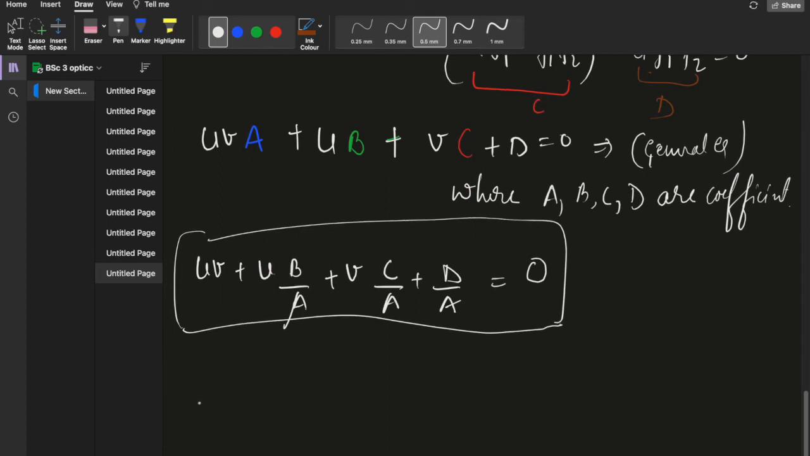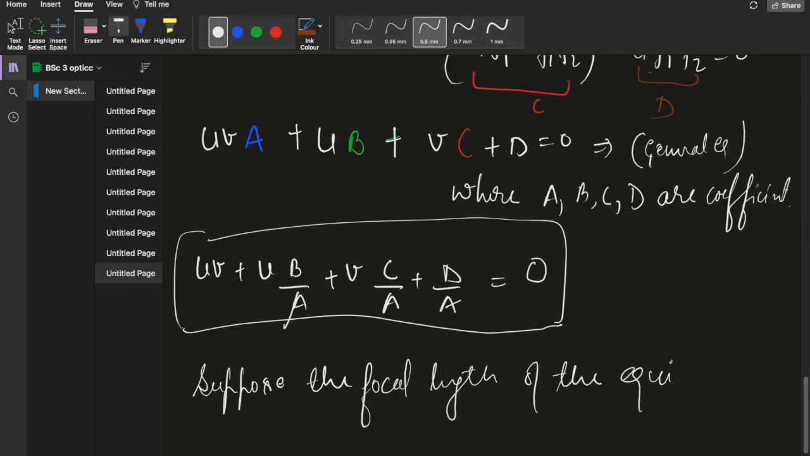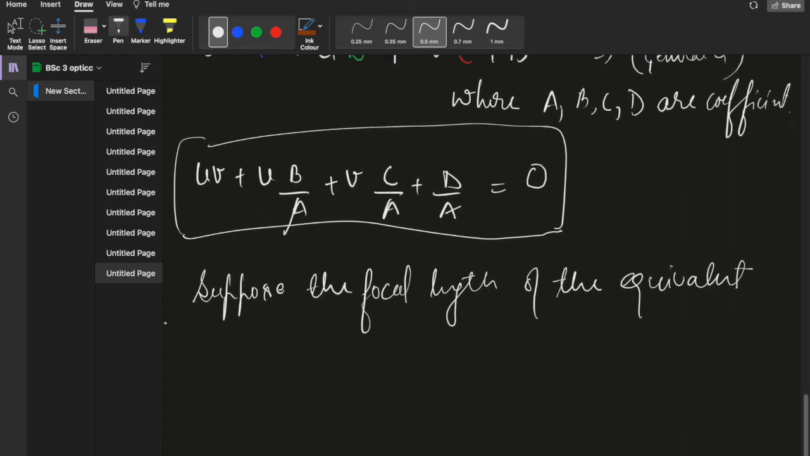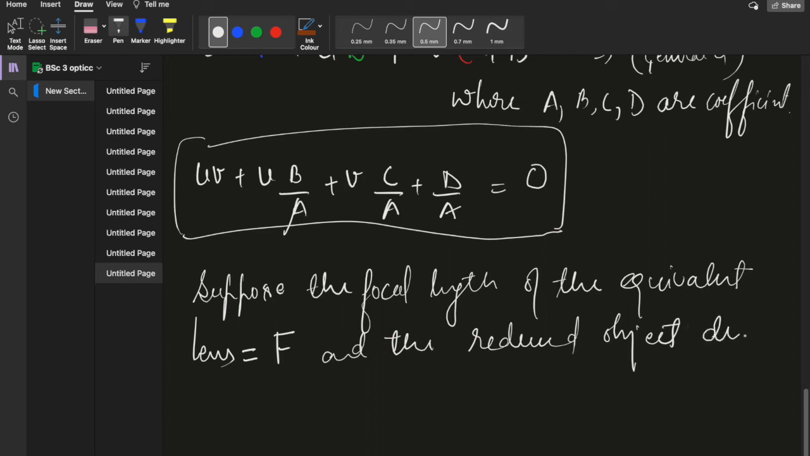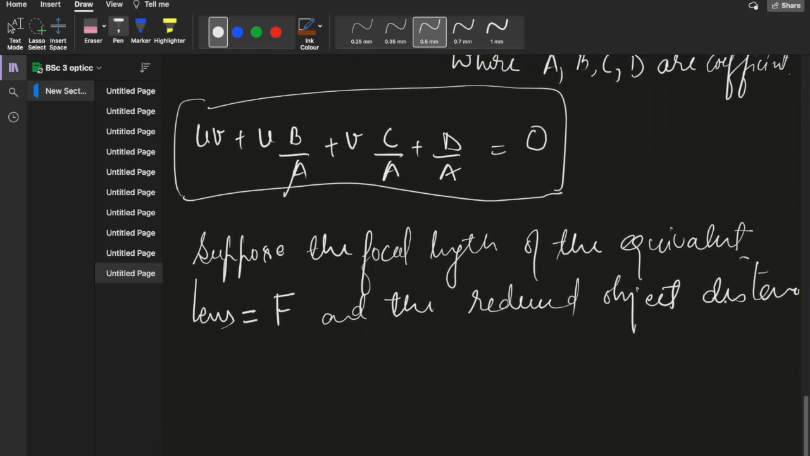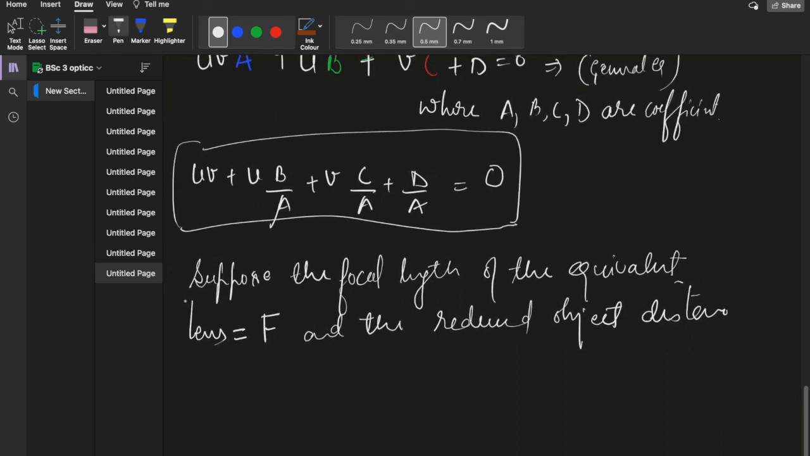Now there is some assumption. Suppose the equivalent focal length of both the lenses is capital F, and the reduced object distance, although we are taking u1 and u2 for each case, so for generalization we take it as capital U, which is u minus alpha,